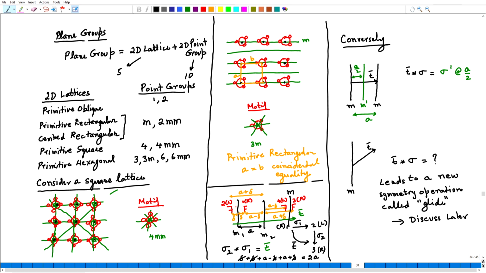So, this brings us to the close of the lecture. In the next lecture, I will start out by talking about, just like we did rotation and reflection matrices, how we will also develop a translation matrix, so that I can combine translation with other point symmetries by multiplying matrices to obtain the third operation.